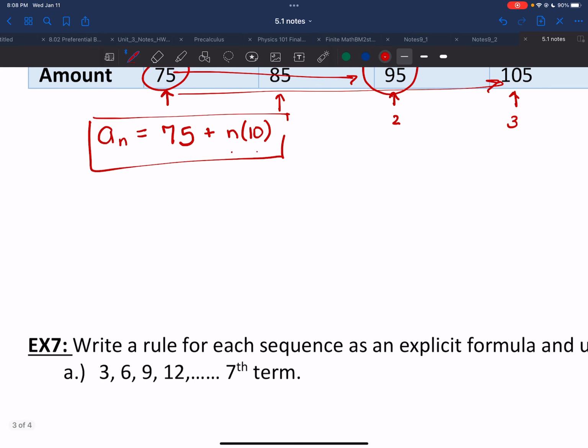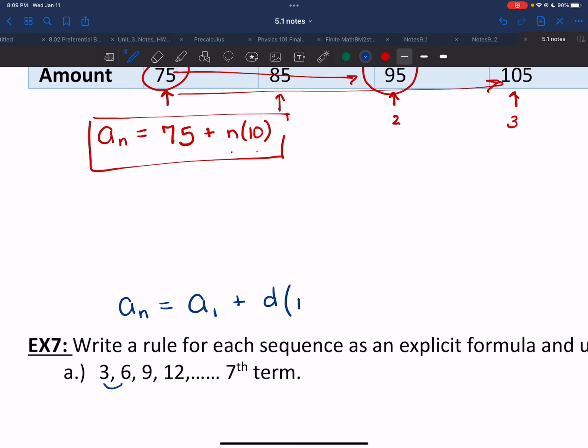Okay, so before we run you down another rabbit hole, I wanted to give you a little trick on how to get these explicit formulas really easily. We haven't talked about this algorithm before, and an algorithm is just another name for a rule. So if I want to write an explicit formula, typically what I will do is a sub n equals, and then I will start with the very first term in my sequence, and then I will add to that the difference between my numbers